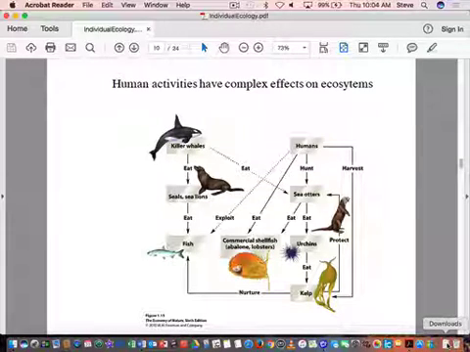Now let's go to the other part of the system, and this is the case in humans, probably in the early 1900s up to about 1930. Humans hunted a lot of sea otters there and almost drove them to extinction. So this is looking at what happens when humans were putting a lot of hunting pressure on sea otters, okay? So when you look at this, sea otters, what are they eating? They're eating these commercial shellfish, abalone, which are good, or lobsters, and then also urchins, sea urchins, okay?